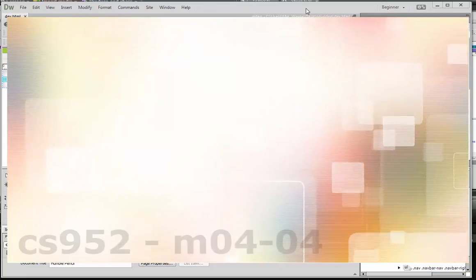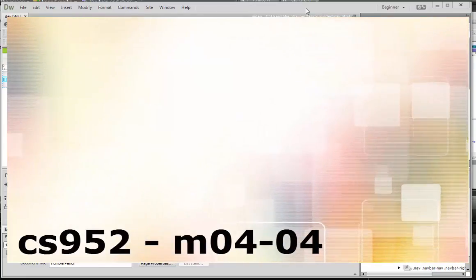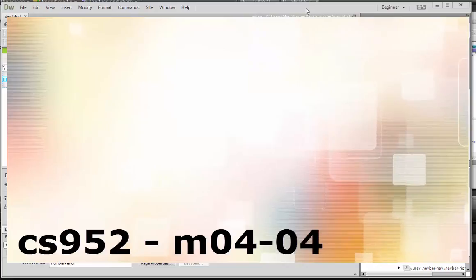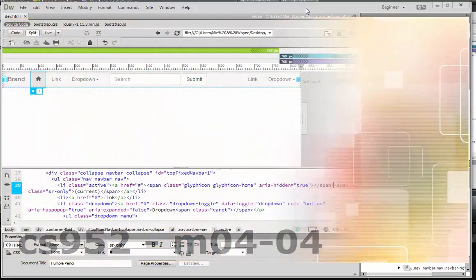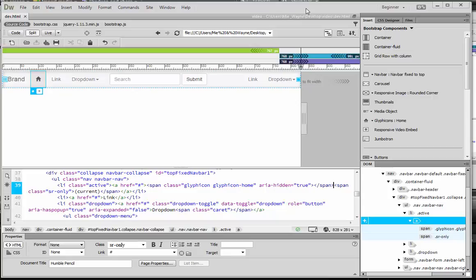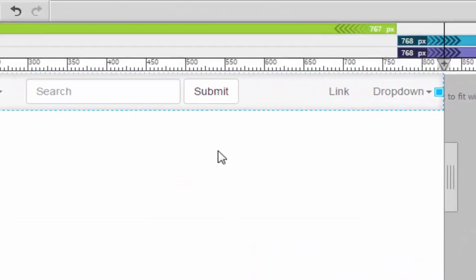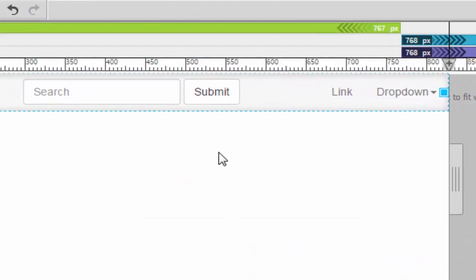This is CS952 Introduction to Web Technologies and Design, and we're getting our website together. We just added in our navigation, the first thing that we're doing to our website. Now I want to clean up my navigation a little bit. There's a lot of elements in our navigation. By default, we kind of get a feature-rich navigation bar, and we really don't need quite as much